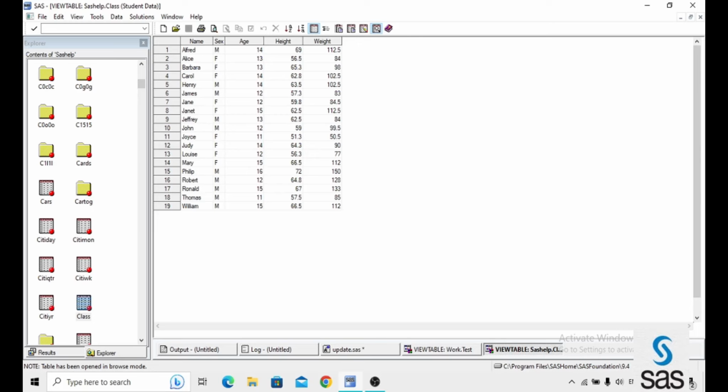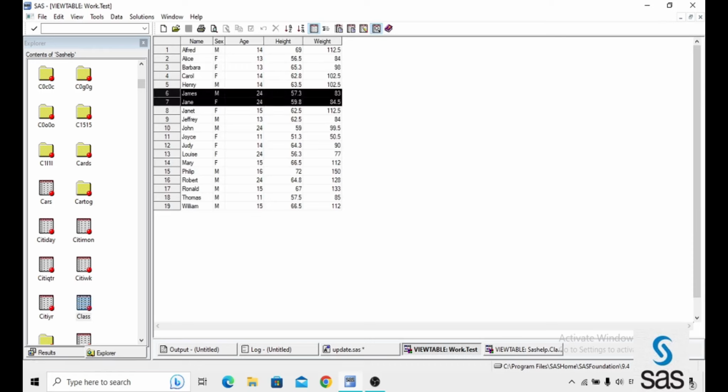Here 6, 7, 10, 16. Remember these numbers. Yes, 12 into 2 is 24, and here 10 is 24, and here 13 is 24, and 16 is 24.